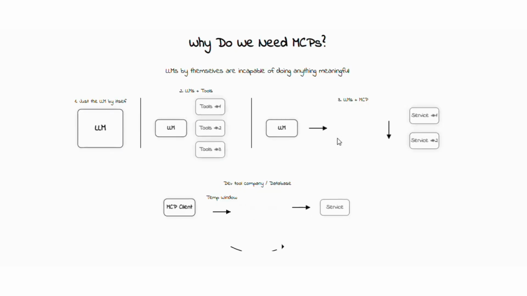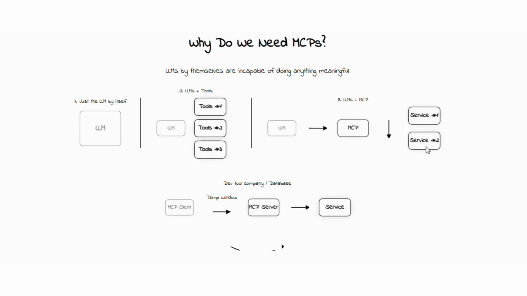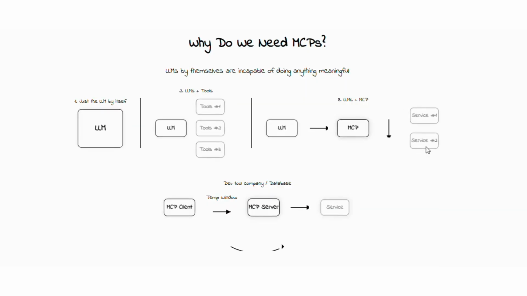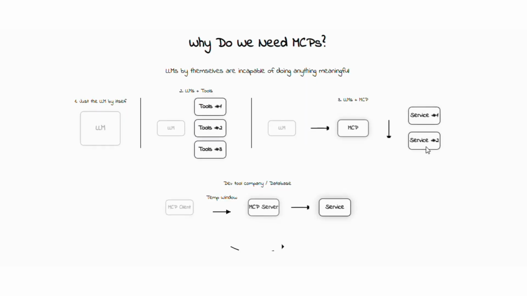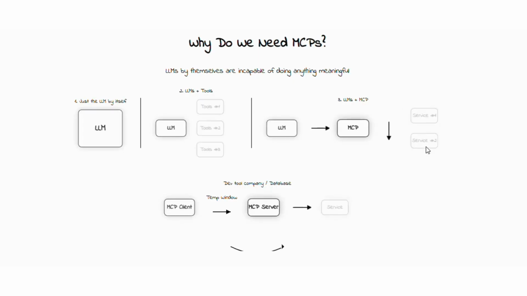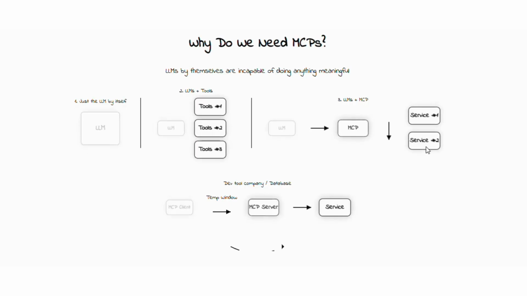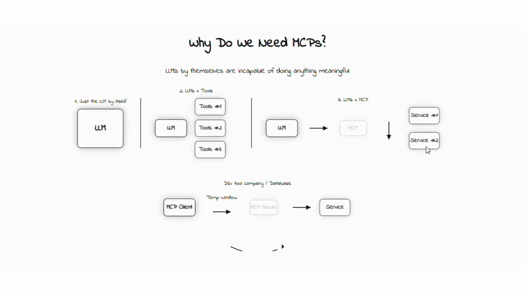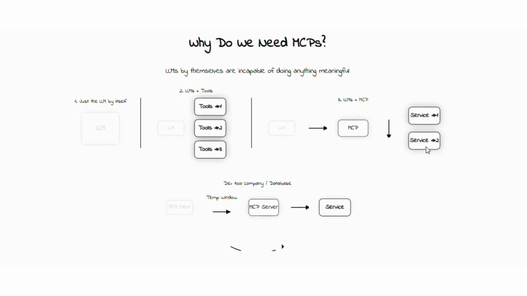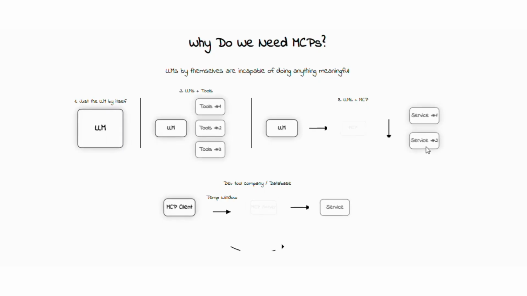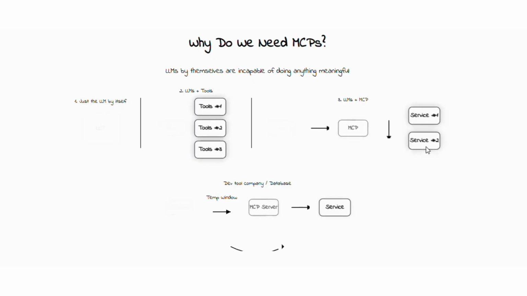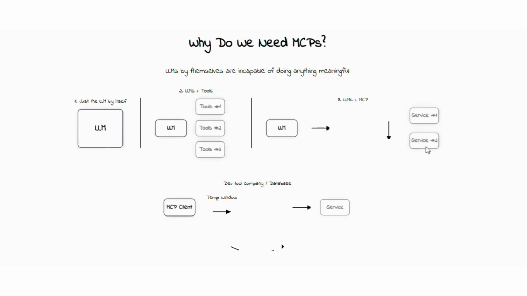Think of MCP as a universal translator between AI models and external tools. Instead of your AI learning 10 different languages, MCP translates everything into one standard language. It sits between the LLMs and the services, making integration seamless. Suddenly, your AI can access GitHub, Linear, n8n, or any tool without complex coding, custom connectors, or breaking every time an API changes.